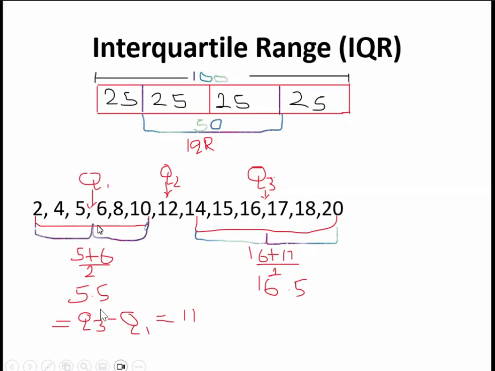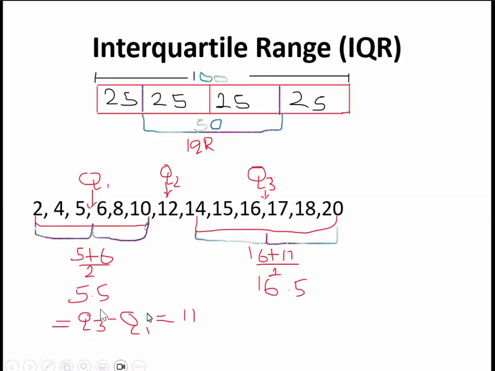Now, the median of the first half gives me what I call the first quartile. And the median of the second half gives me what I call the third quartile. So our first quartile is here. I think we know how to get median when you have 2 numbers in the middle. When you have 2 numbers in the middle, we add them, divide by 2. I did the same here. I did the same here. So my first quartile is 5.5. My second quartile is always the median. And then my third quartile is